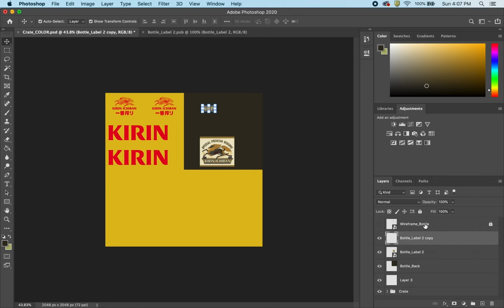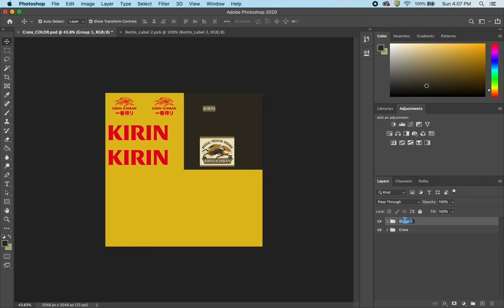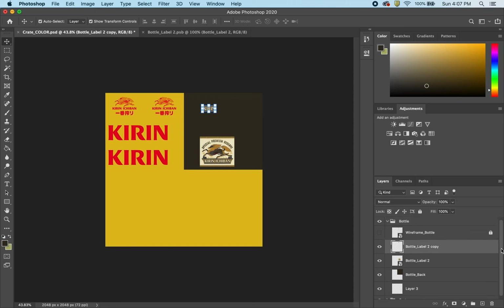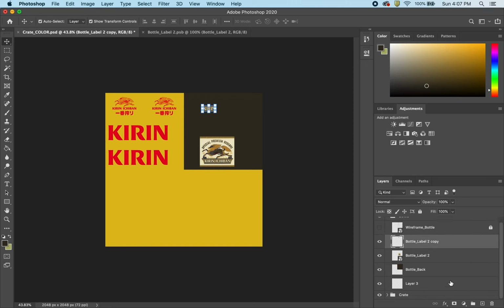Now I'm going to start working on the transmission mask. So I'm going to grab all of my wireframe stuff, because I'm going to start grouping these. I'm going to grab all of these, put this in a group, and name this bottle. Then I'll drop this down, and just leave everything but my wireframe out. And I'll grab everything but the last layer and